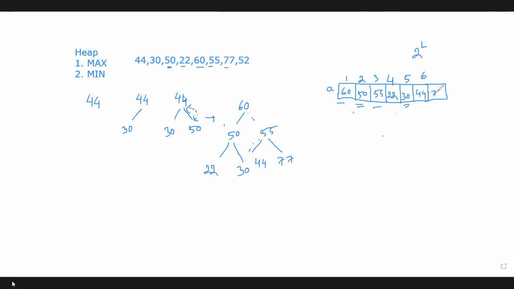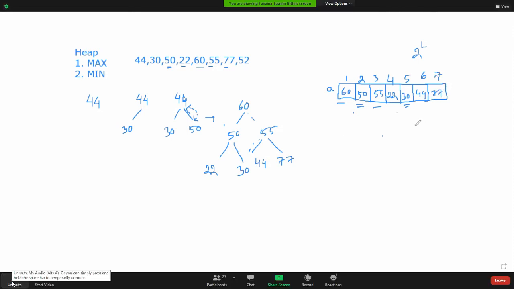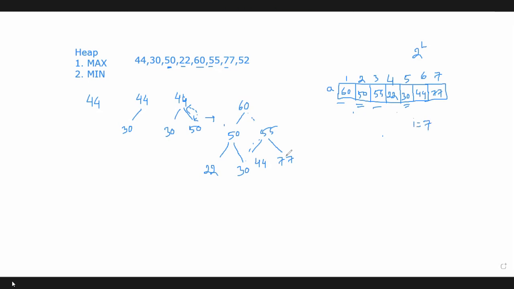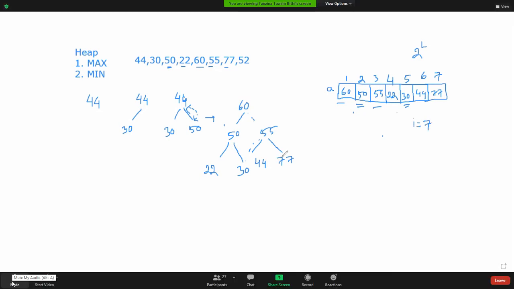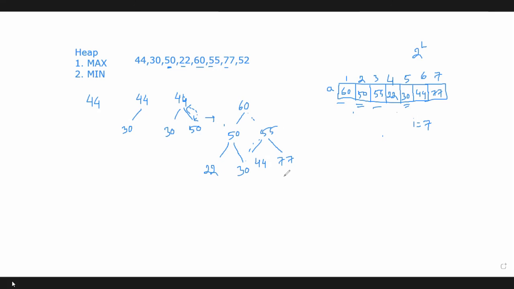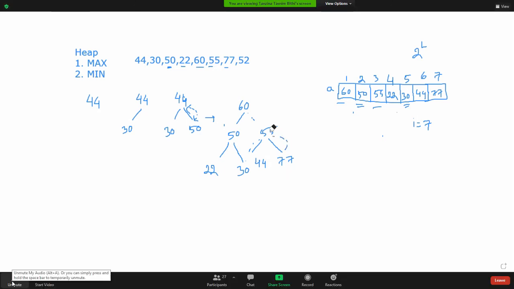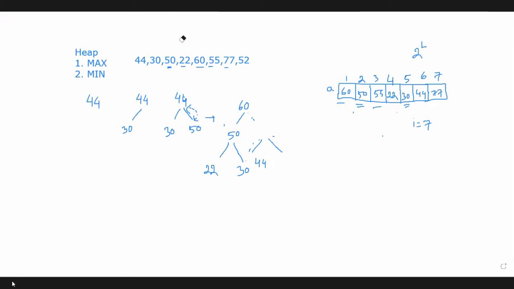So after adding, we are always adding a node as the last child of the tree. So now I equals 7. Okay. So look at the tree. Is it a max heap? No, because 55 is less than 77. So now we can change these two nodes. 77 is the parent node now, and 55 is the right child of 77.